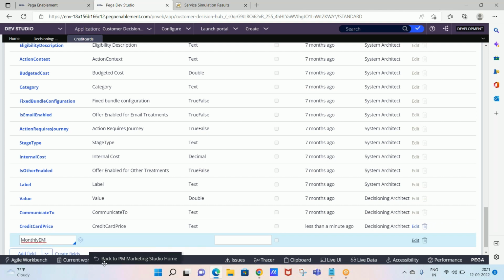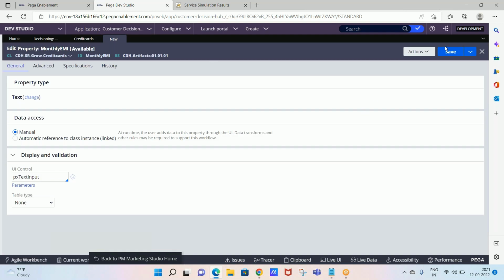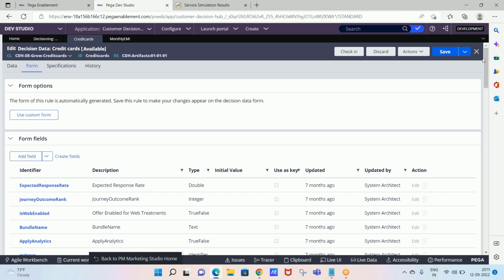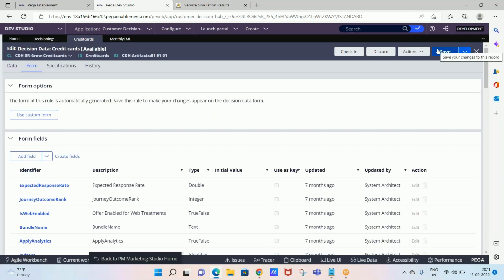I'm creating one more like monthly EMI, and let's keep this too, and now you can save it. Now, if you come back to the data tab where my propositions are present,